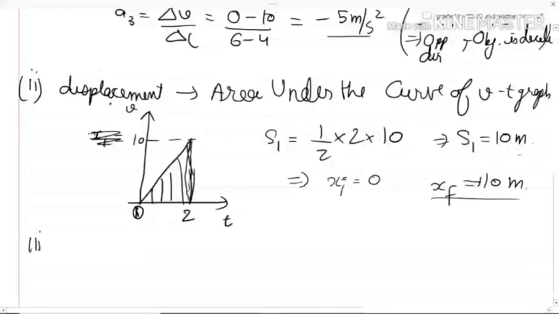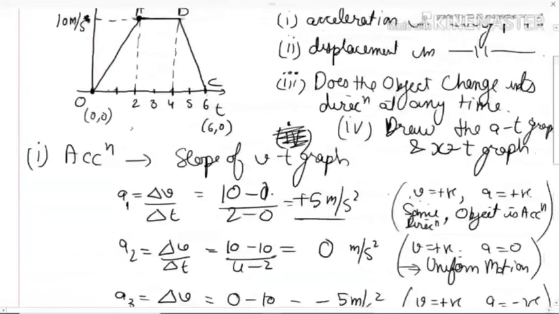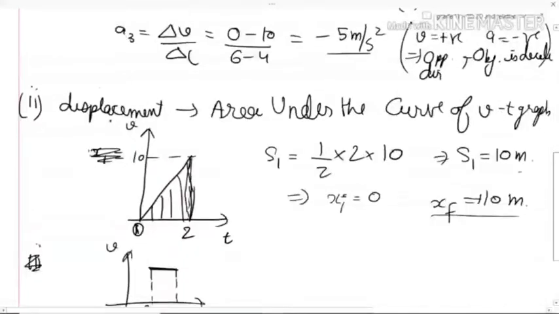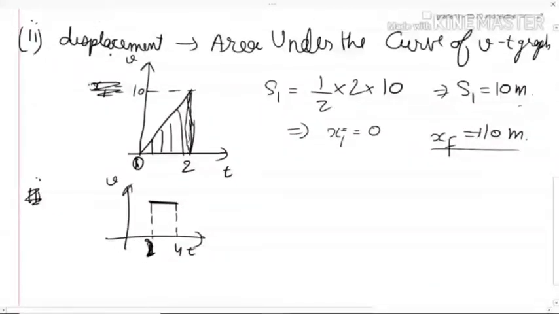Now, the second part looks like this: velocity time, and from t equals to 2 seconds to t equals to 4 seconds. Can you see, guys, I'm breaking the motion into two parts. From O to A is the first part, A to B is the second part, and B to C is the third part. So I have drawn only A to B. Can you see from 2 to 4 only? Yes or no? Yes, sir.